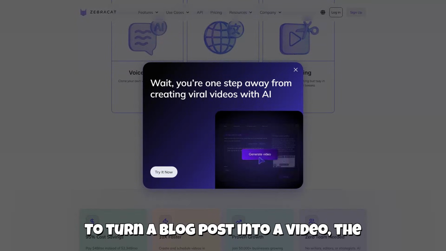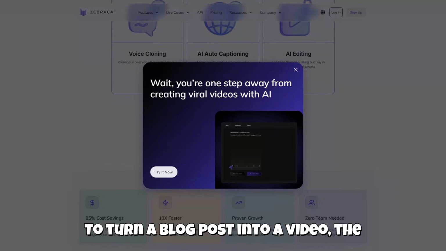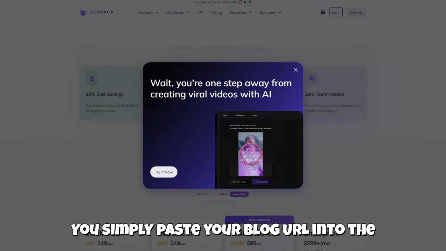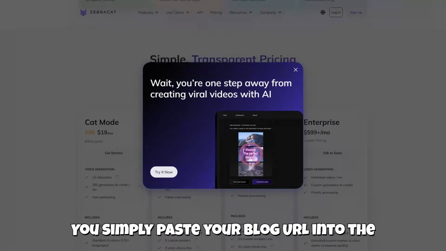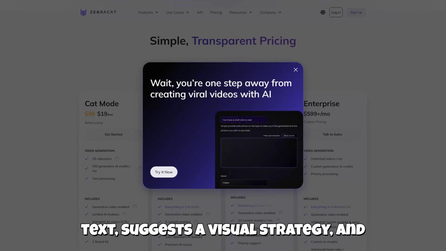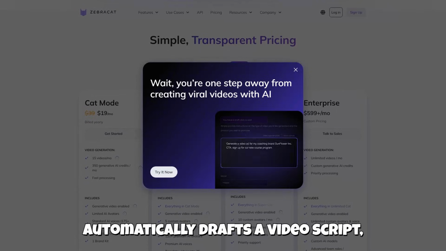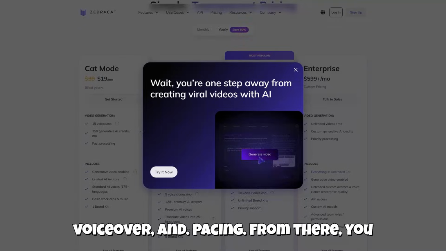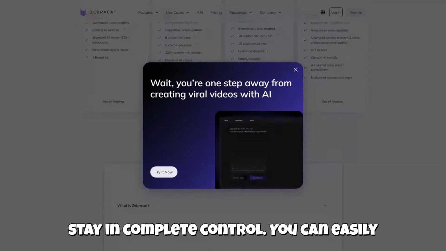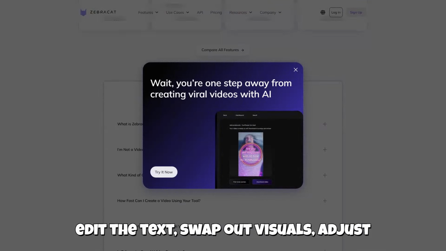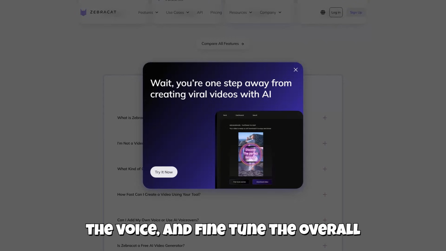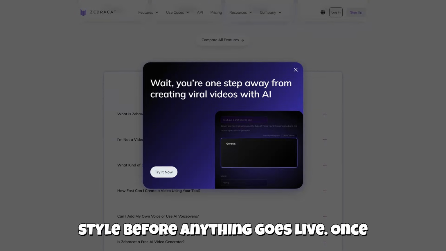To turn a blog post into a video, the process is incredibly straightforward. You simply paste your blog URL into the generator. Zebracat's AI analyzes the text, suggests a visual strategy, and automatically drafts a video script, voiceover, and pacing. From there, you stay in complete control. You can easily edit the text, swap out visuals, adjust the voice, and fine-tune the overall style before anything goes